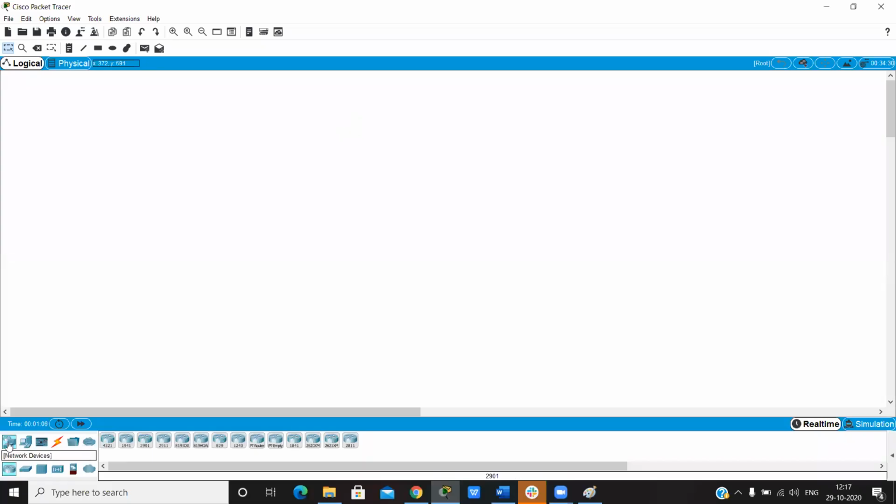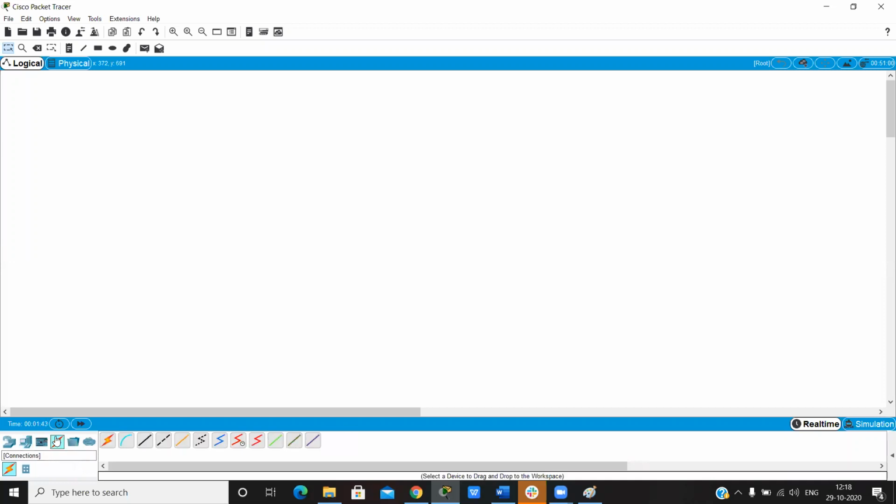So here we have network devices, end devices, and cable. In network devices we have router, switches, hubs, wireless devices, security devices. In end devices, we have PC, laptop, servers, phone, and many things, wireless end devices.